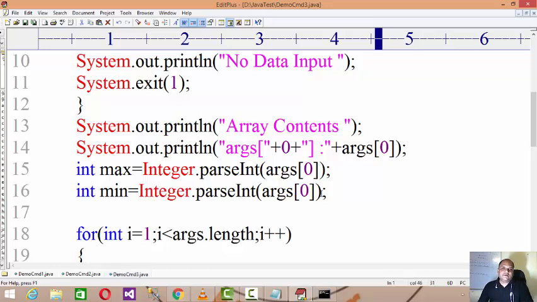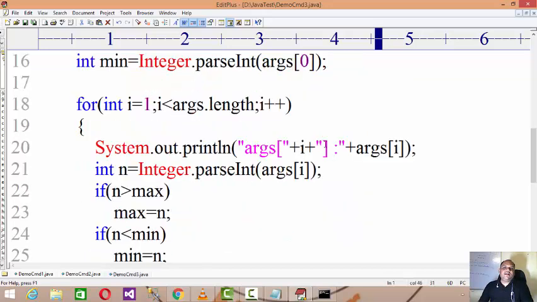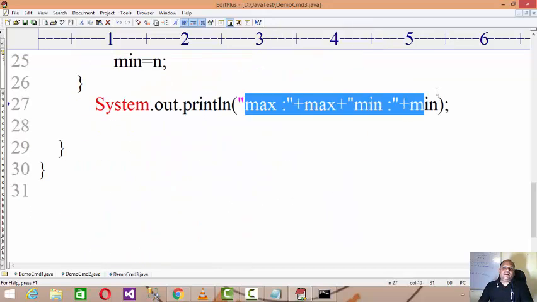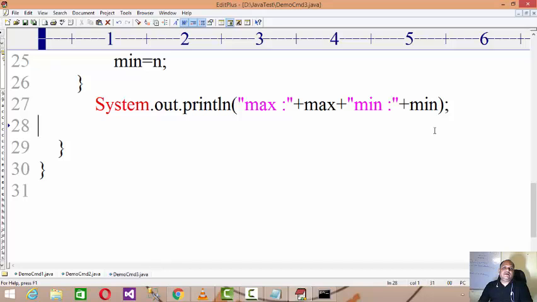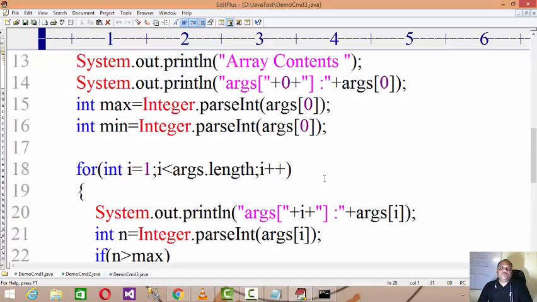If the number is less than the minimum value, update it. If you find a greater number in the list, update the max. If you find a lower number than this, update the minimum. And at the end of the loop, if you print the maximum and minimum value, you will get the greatest and lowest from that list. So hope you understand how we can extract the minimum and maximum from the array list, right?